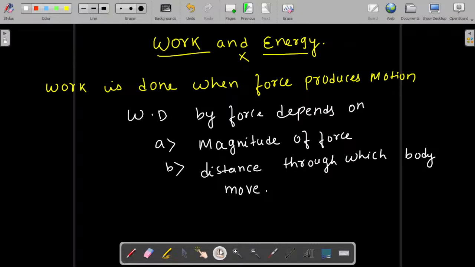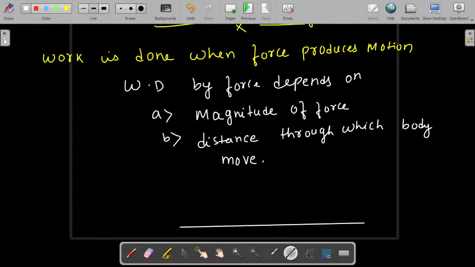You draw this diagram. Suppose an object is kept here. It is kept on the surface. This is the object, and you are applying a force at one end. And this is the surface. You need to draw it. Now, due to this force, if the body displaces, means if the body covers some distance,